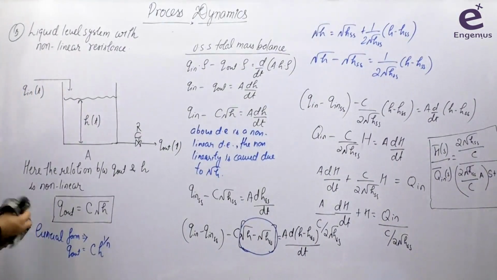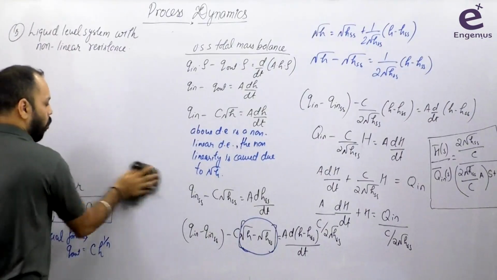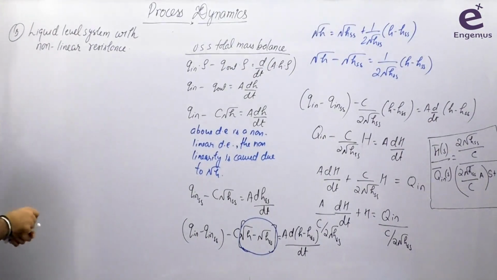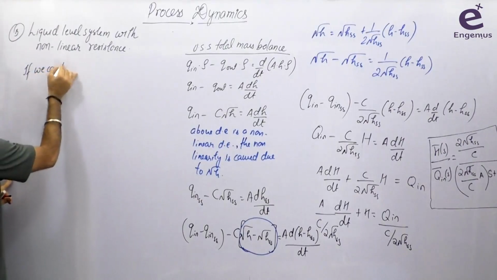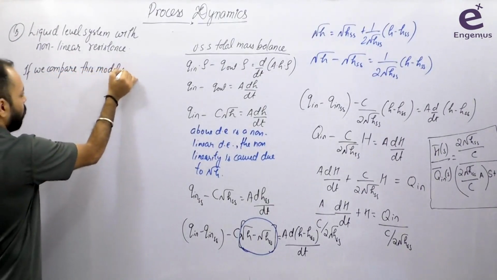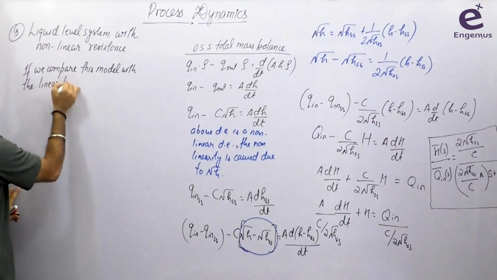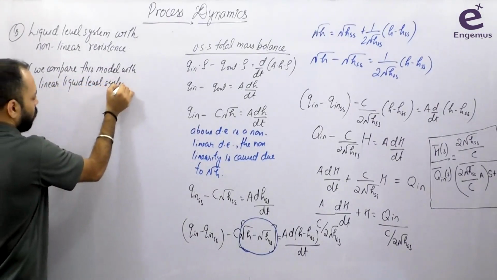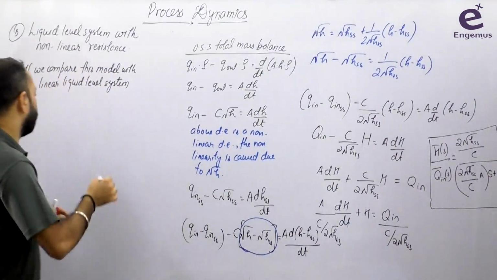Okay, so if we compare this model with the linear liquid level system model, write down, if we compare this model with the linear, मतलब इससे जो पहले किया था, linear liquid level system. If we compare this model with the linear liquid level system, then